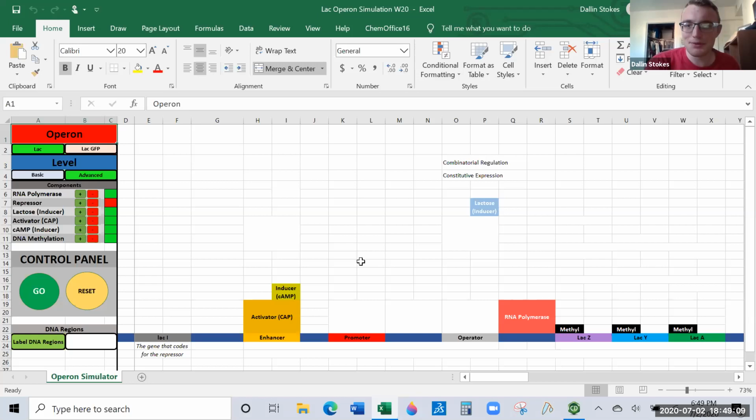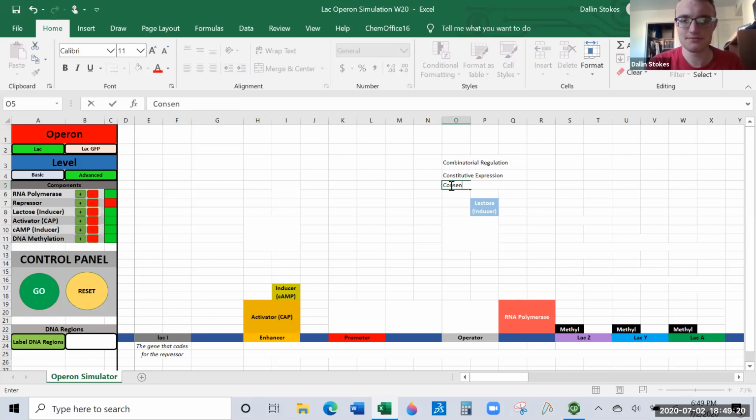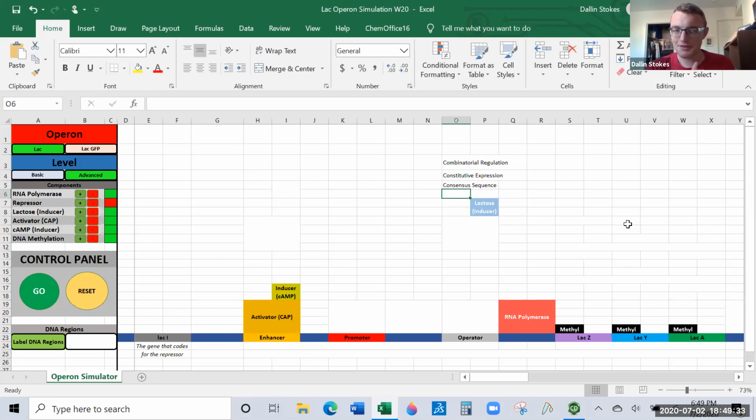Okay, last point here, and then I'll let you go. There's another vocabulary word that people overlook, which is a consensus sequence. A consensus sequence is any sequence that is found in more than one or in many regulatory regions. If you think about it, like the word consensus, if a group comes to a consensus, they come to an agreement, they all agree, everyone has the same idea. So a consensus sequence is a sequence that is found in the regulatory region of basically every gene.